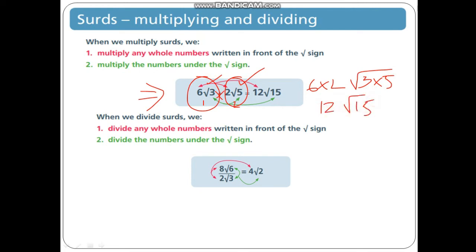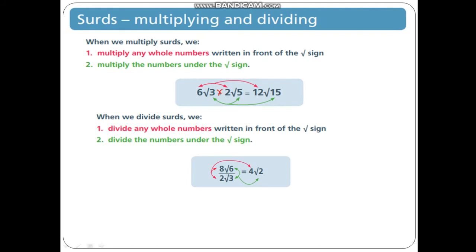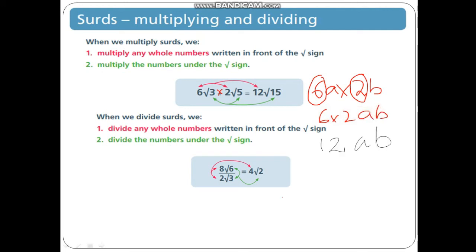I have told you earlier as well, whenever you are dealing with surds, consider a surd as a variable, like having 6a multiplied by 2b. Then the coefficient of a and the coefficient of b will be multiplied with each other. That will be 6 2s are 12 into ab. Same in the case of surds, coefficients will be multiplied with the coefficients and the surds will be multiplied with the surds.